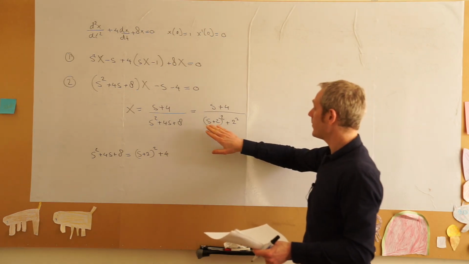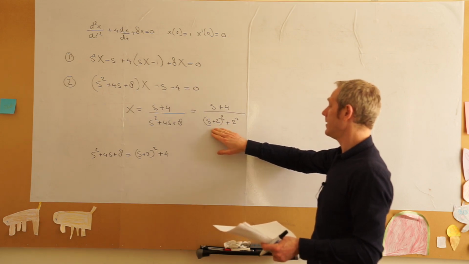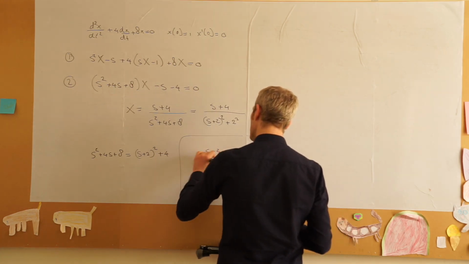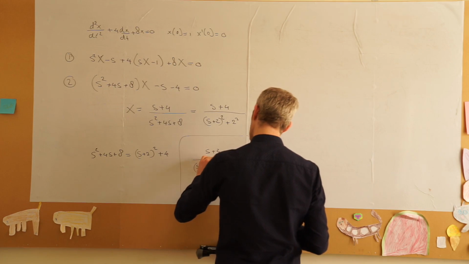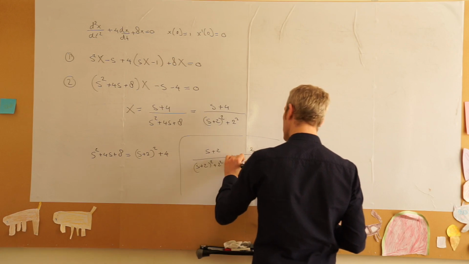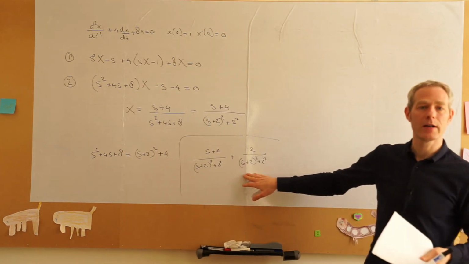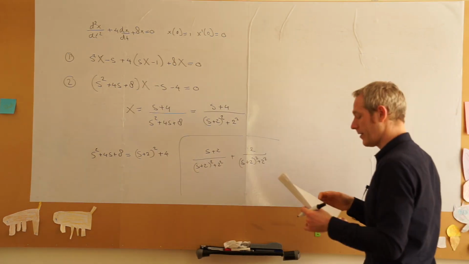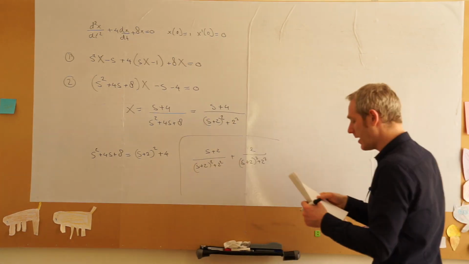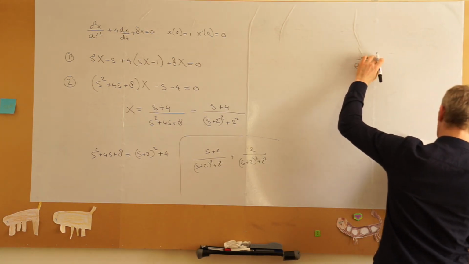Now, we have written the denominator in this form, which means we'll be looking for things like s plus 2 over s plus 2 squared plus 2 squared, and some form of 2 over s plus 2 squared plus 2 squared, because these are known things of our Laplace transform. Because if we have a denominator of this form, we know that e to the power of minus 2t sine of 2t